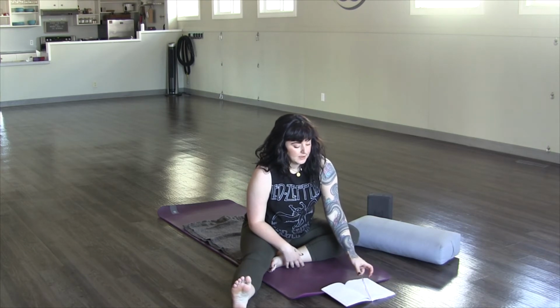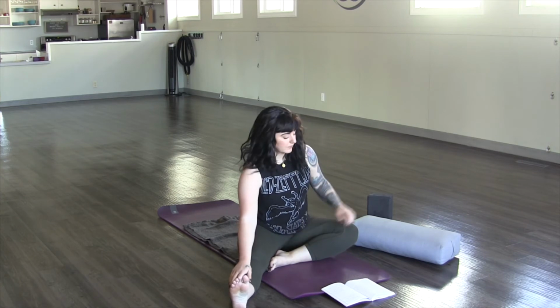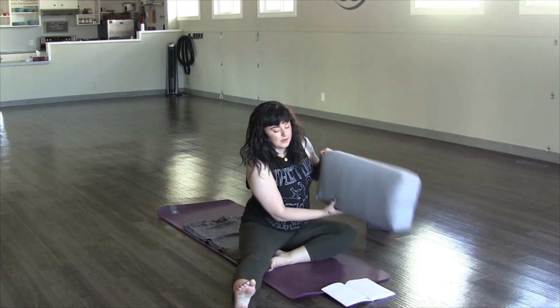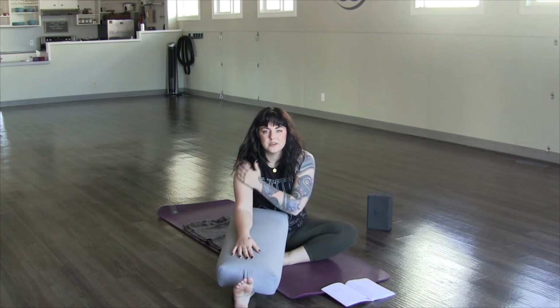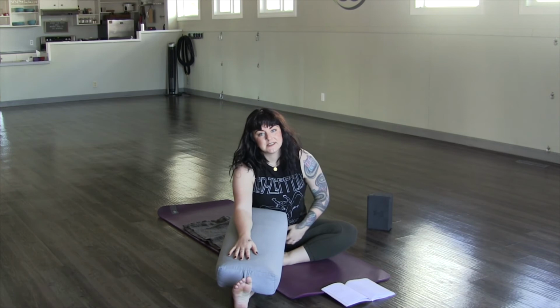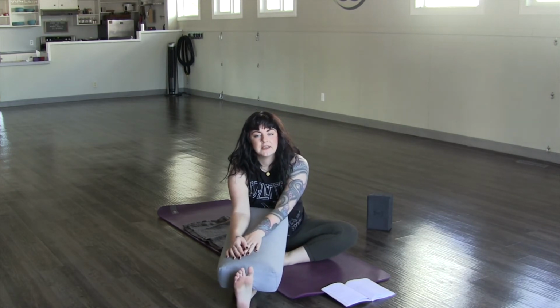When you're ready, bringing your right leg out at an angle. Left foot comes into the inner thigh. And moving props for the other side. If you found that you needed a block instead of a bolster, or a bolster instead of a block, you can always make those changes from side to side. You want to make sure you're comfortable when you're sinking in, so